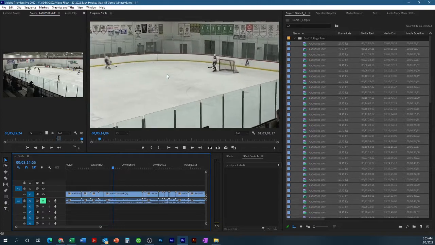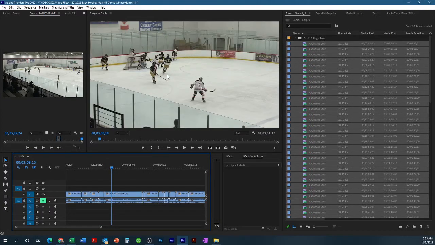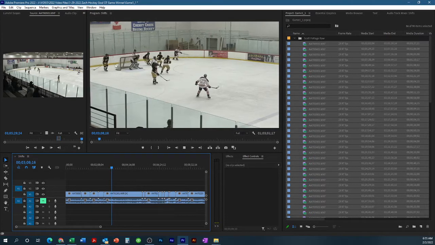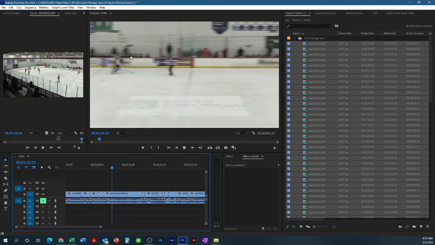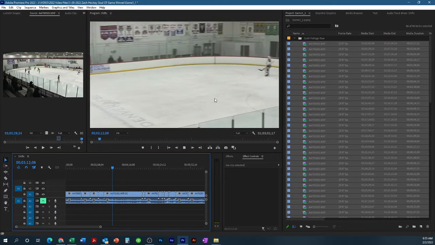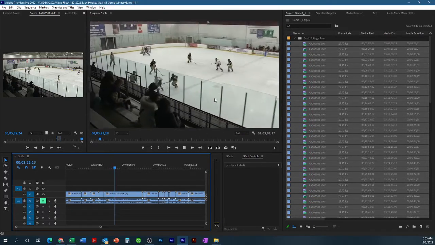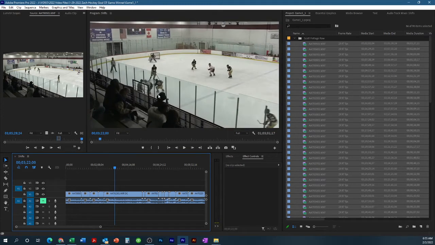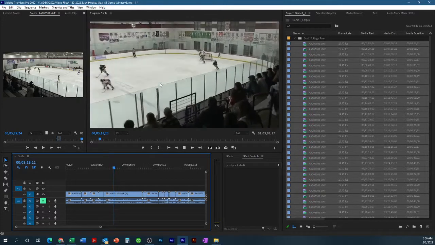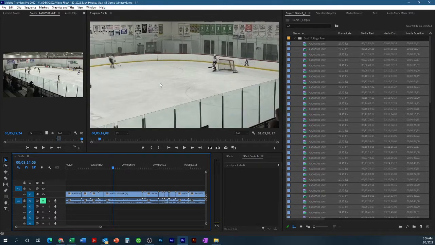here, and it's probably when the puck goes all the way down to the other end of the ice, because he's not on here, but he is on here. He's right there. So basically he entered the ice when this puck got thrown all the way down. So we'll take it just right here. So that's the beginning of a shift. So we'll take this, get rid of that,